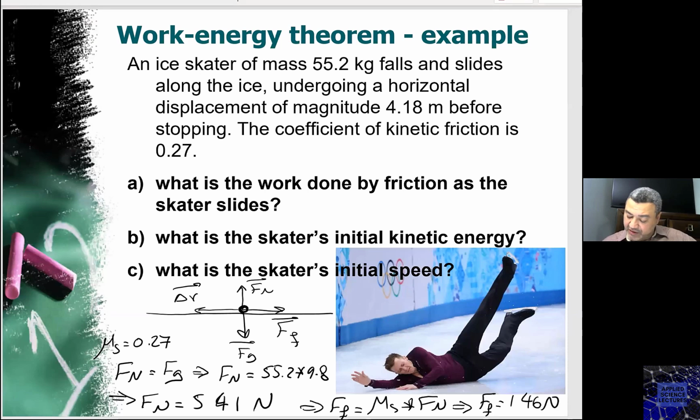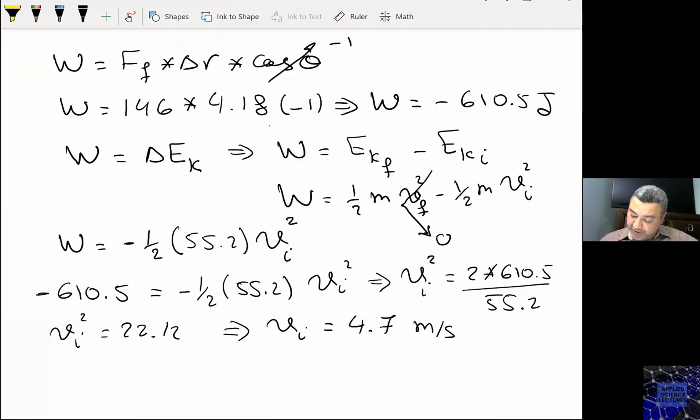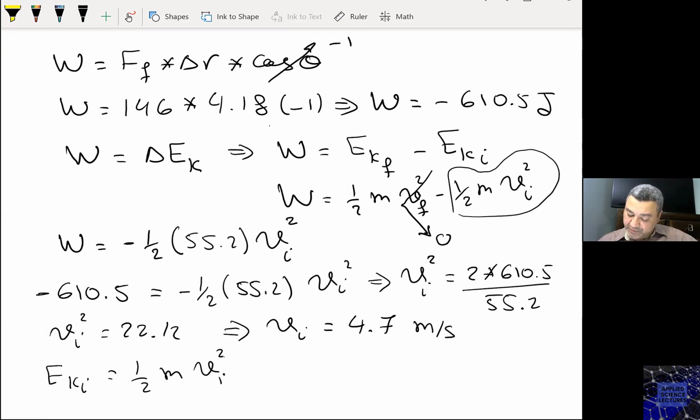What is the skater's initial speed? Oh, we did the initial speed. What is the skater's initial kinetic energy? Okay, so we did both of them. Kinetic energy, we go back to here. So this is the initial speed. The skater's initial kinetic energy is half m Vi squared, which is basically equal to